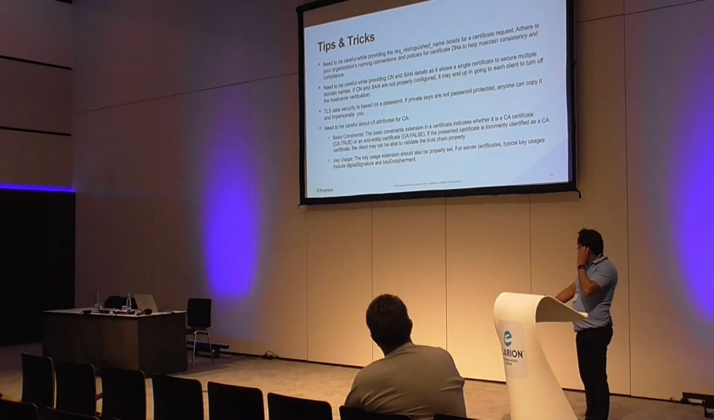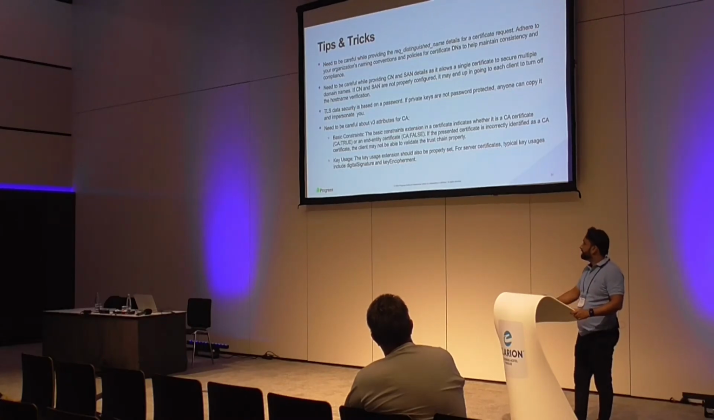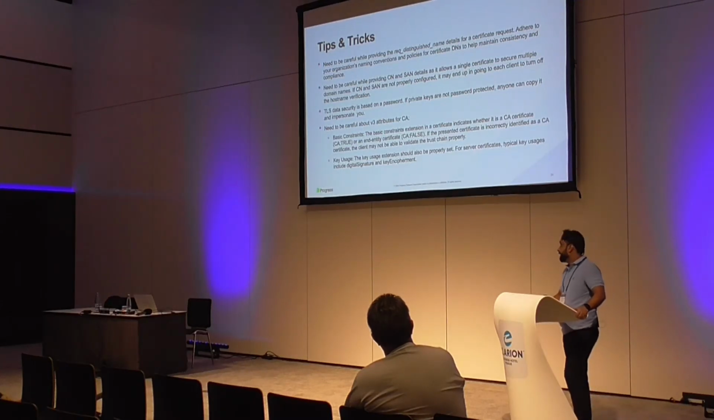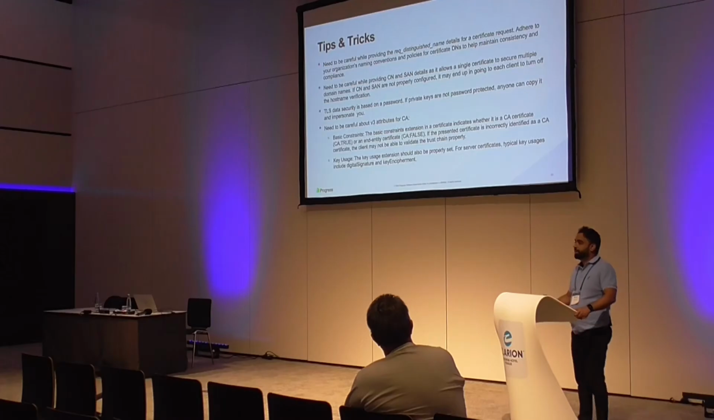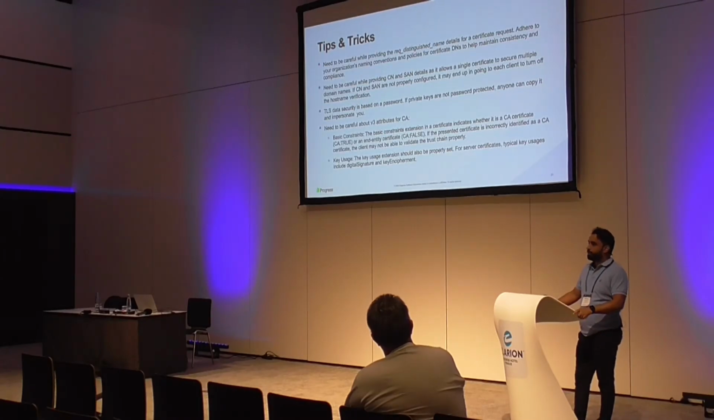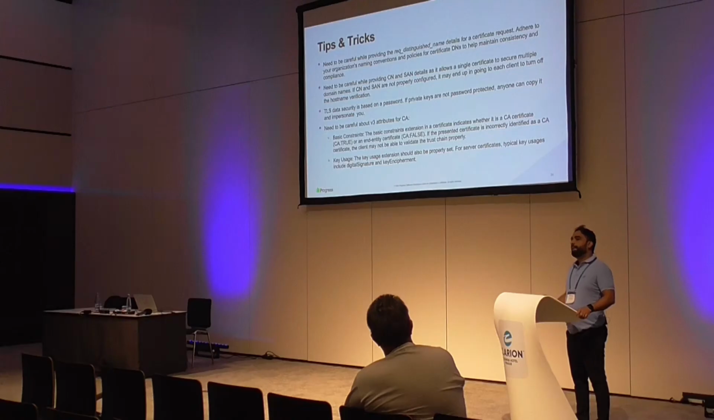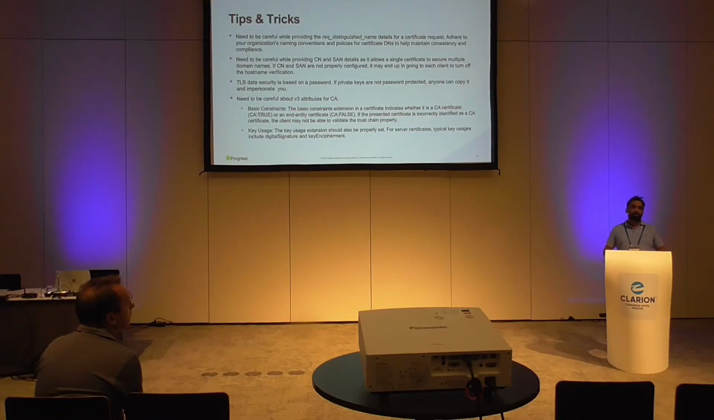And the next two tips are related to the CA attributes. We have a couple of attributes like basic constraints and key usage, so we should be very careful while providing those. For basic constraints, we can tell whether this certificate is a CA certificate or not. For example, if on any server certificate you put this field as CA true, then the client won't be able to validate that certificate because it is considering this as a CA certificate, so it won't be able to validate the